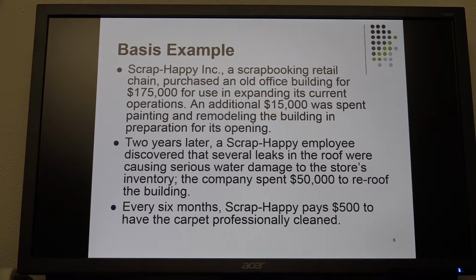2 years later, an employee discovers that several leaks in the roof were causing serious water damage to the store's inventory. The company spent $50,000 to re-roof the building. Every 6 months, Scrappy Happy pays $500 to have the carpet professionally cleaned. Well, certainly the original cost plus the fixer-uppers, the $15,000 plus the $50,000 to re-roof, are considered capital expenditures because you're receiving a benefit over 12 months. Now, the $500 carpet cleaning is an expense,